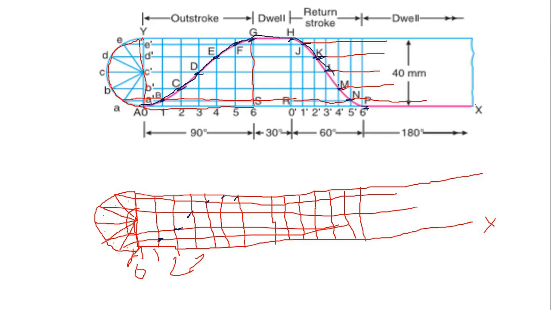We can make understand like this. This is the displacement diagram for the simple harmonic motion. Now friends, in the dwell condition, we can see here the line will be straight. You can see G to H and after P to X, whatever the centimeter from this side, we can suppose this is the straight line. This straight line shows there will be no up and down in the follower. There is no motion in the follower.